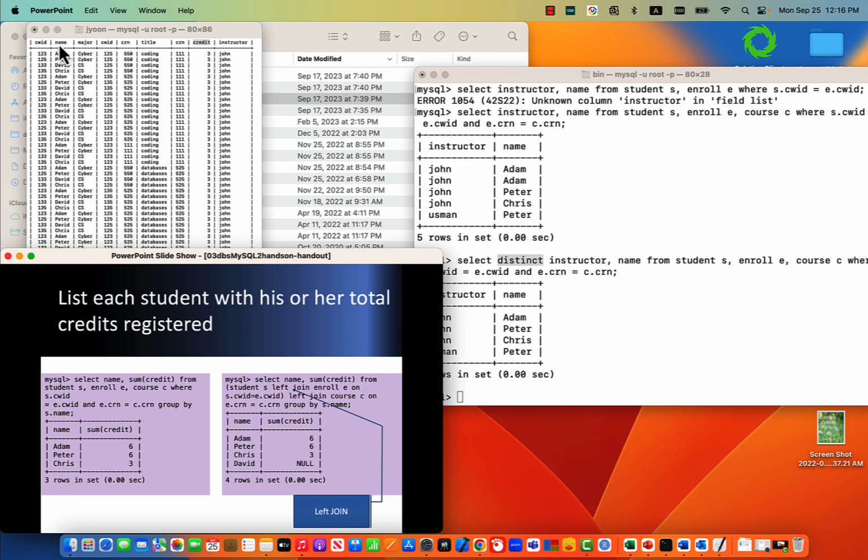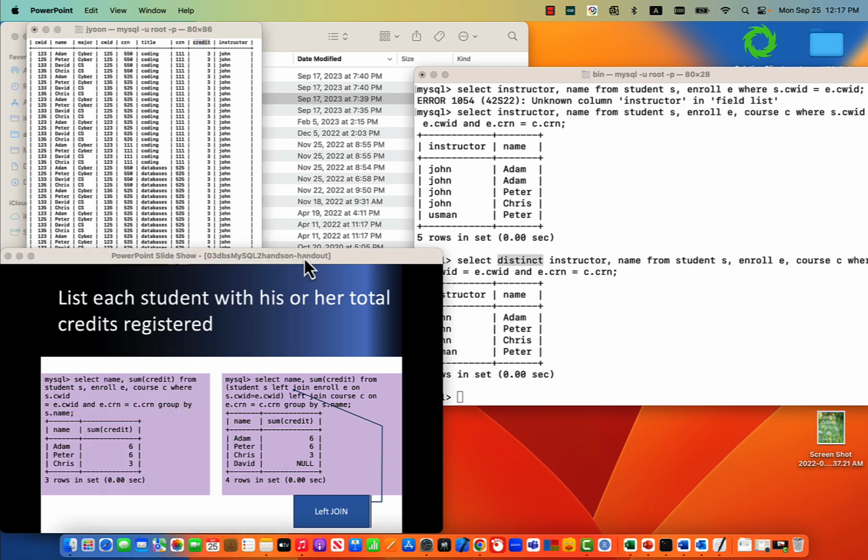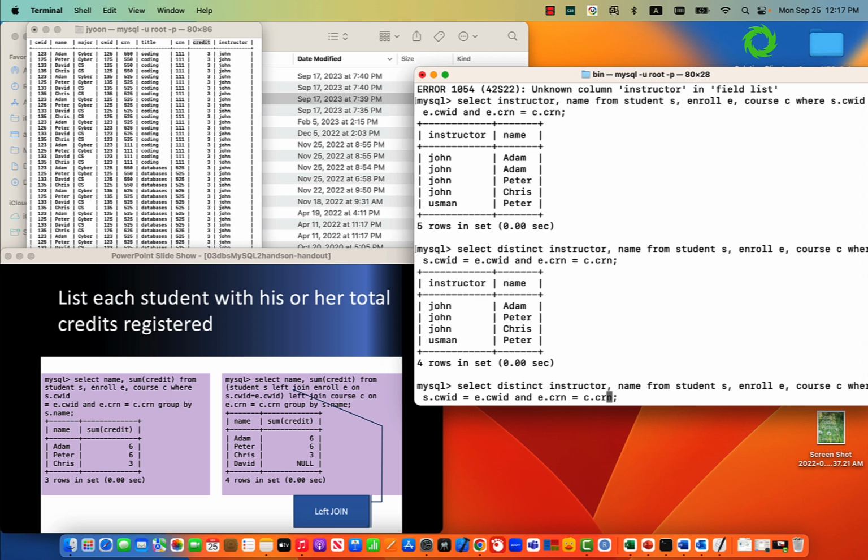So student name here and credit there. Course and students are not directly related, but indirectly through enroll. So we need 3 tables involved: students, enroll, and course. And then